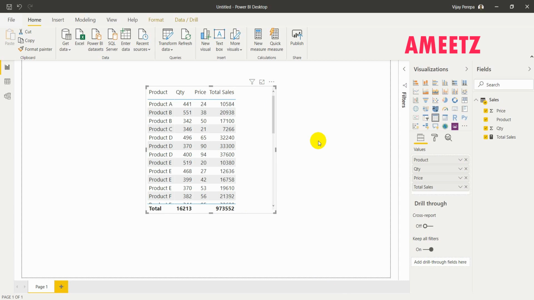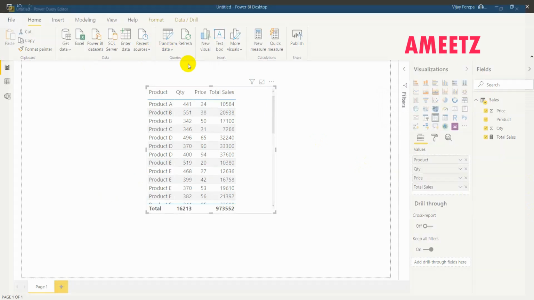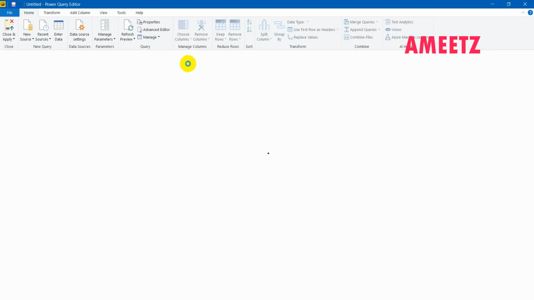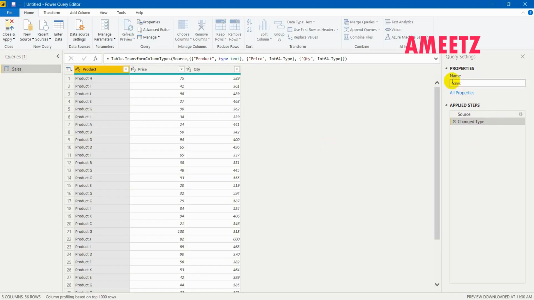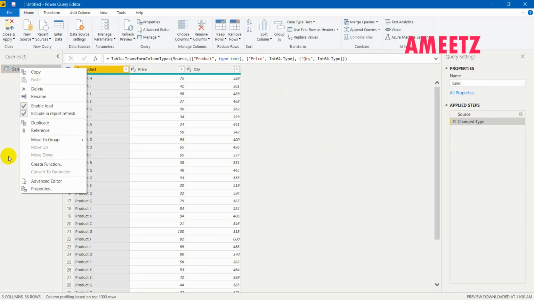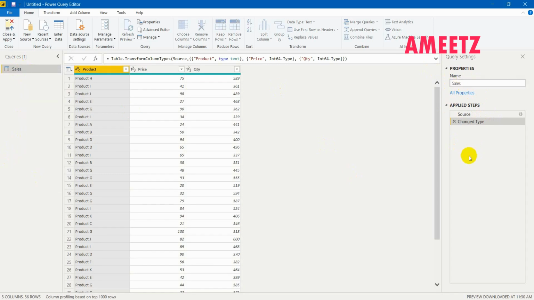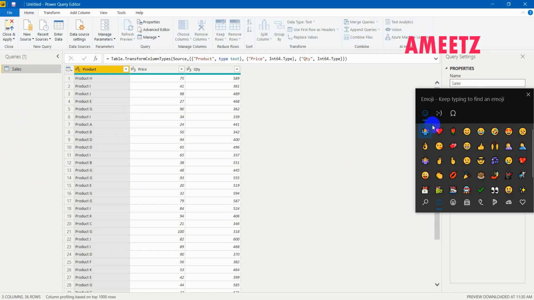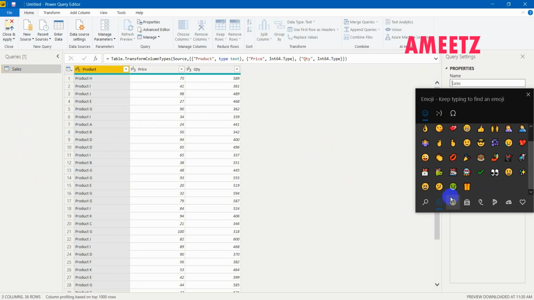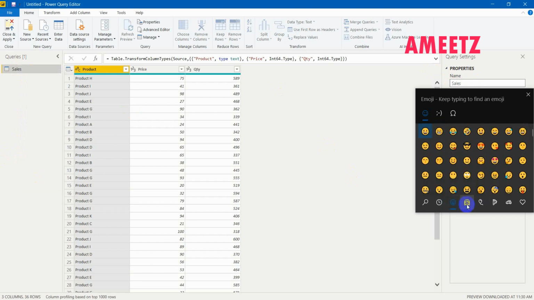Along with this, I would like to give you one more small tip. For example, if I wanted to give a special icon for sales along with the normal table icon, for that I can just go to Transform Data, that is nothing but Power Query Editor, where I can go to the name of the table properties, or you can go to the query here and right click and rename, whatever you want to do. I'm just keeping the cursor, and then if you press Windows and period, you will get the options to get different icons, emoji icons.